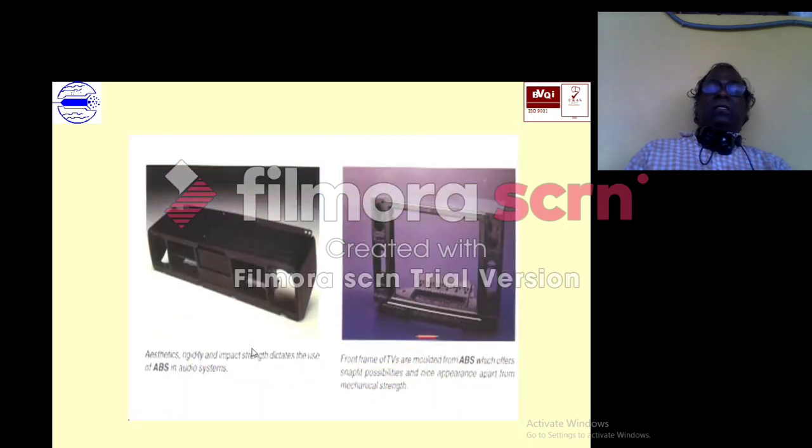We have seen already, but as I told, this TV cabinet is made up of ABS. If you want more strength, you have to mix some polycarbonate with the ABS, so you can get a better strength electrical housing product.